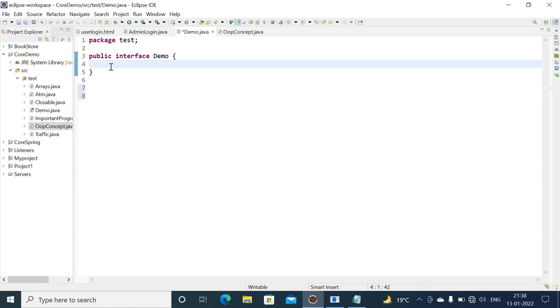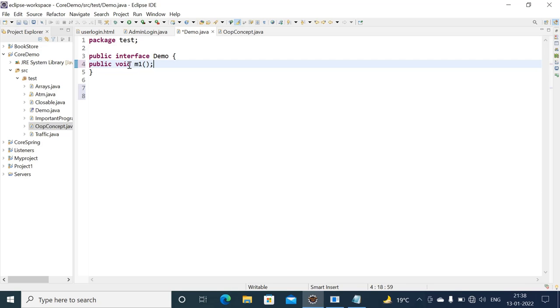So I have created one interface here with the name Demo, and I will define some methods here. Public void, simply I will give the name m1 for method 1, and the important thing you should note is that the methods of an interface always end with a semicolon.